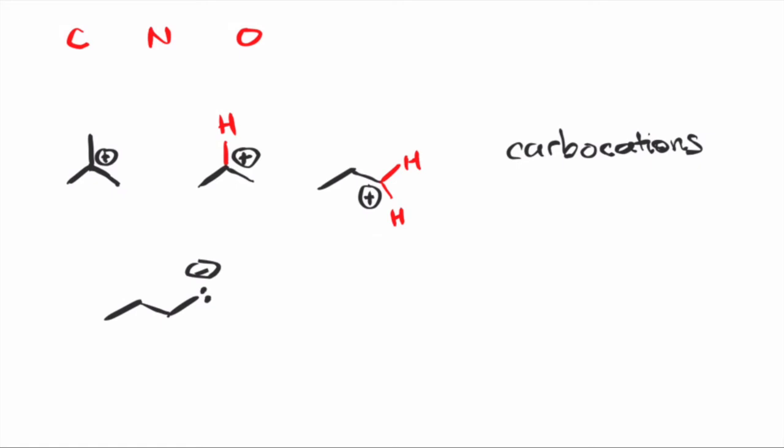So you will still have 3 bonds in a carbanion. So we see there's 1 bond to another carbon, so there must be 2 more hydrogens. Now let's go to nitrogen. Remember, nitrogen was a trivalent atom. So typically it would have 3 bonds.